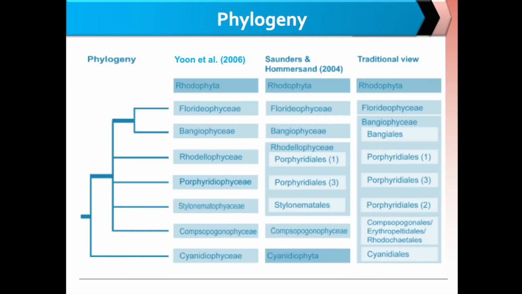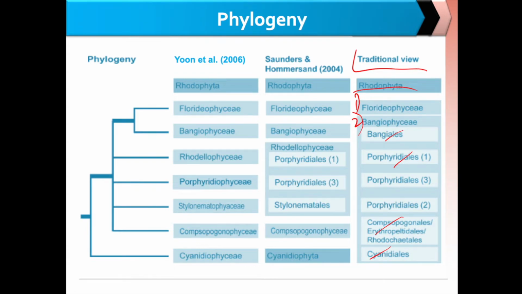Okay, now let's go to your history of the taxonomy or phylogeny of your rhodophytes, of your red algae. Well, in the most traditional view of your phylogeny of red algae, your rhodophyte is subdivided at least into two groups. We have your Cyanidiophyceae and your Bangiophyceae, which includes your Bangiales, your Porphyridiales, your Compsopogonales, your Rhodochaetales, yung mga yan, pati si Cyanidiales. But in the